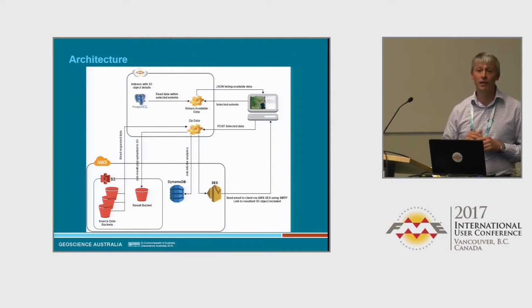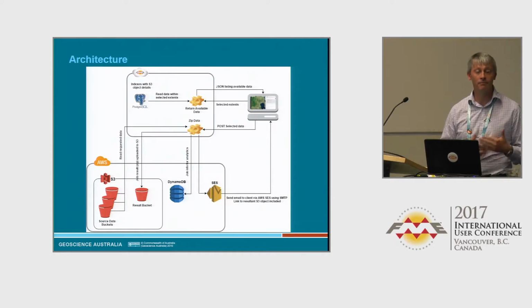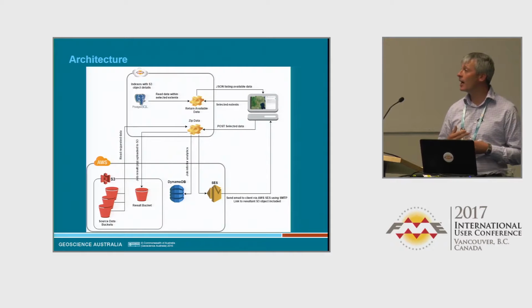We use a domino table to record all of our transactions. So as the requests come into FME, they get published into a domino table and get stored in Amazon. That includes everything from when the job started, finished, email addresses, the bounding extents of the request, the size of the data that was created, a job number, and